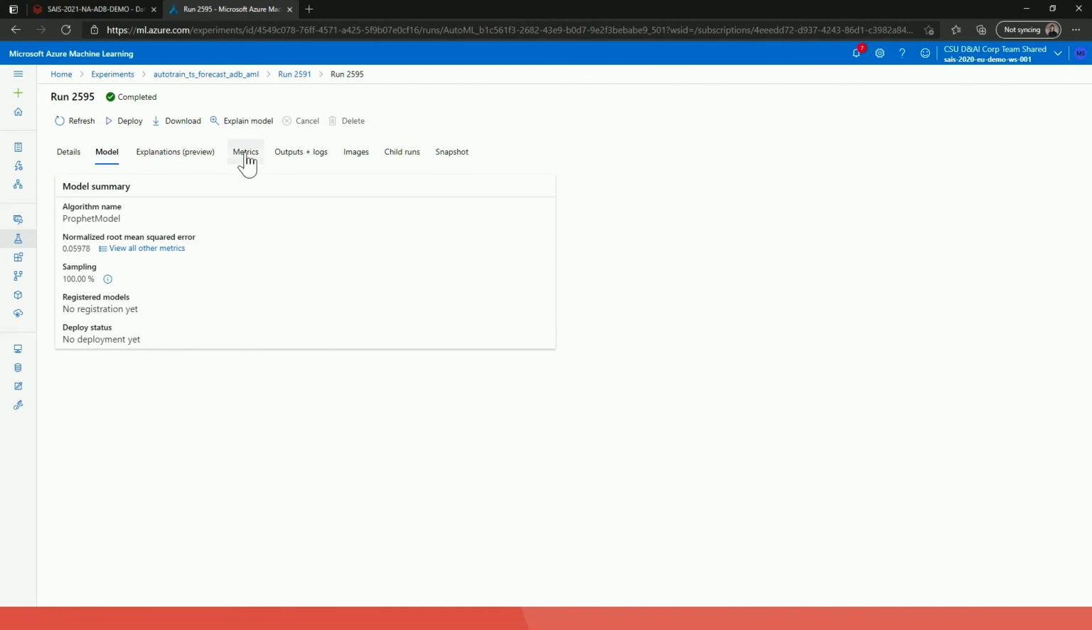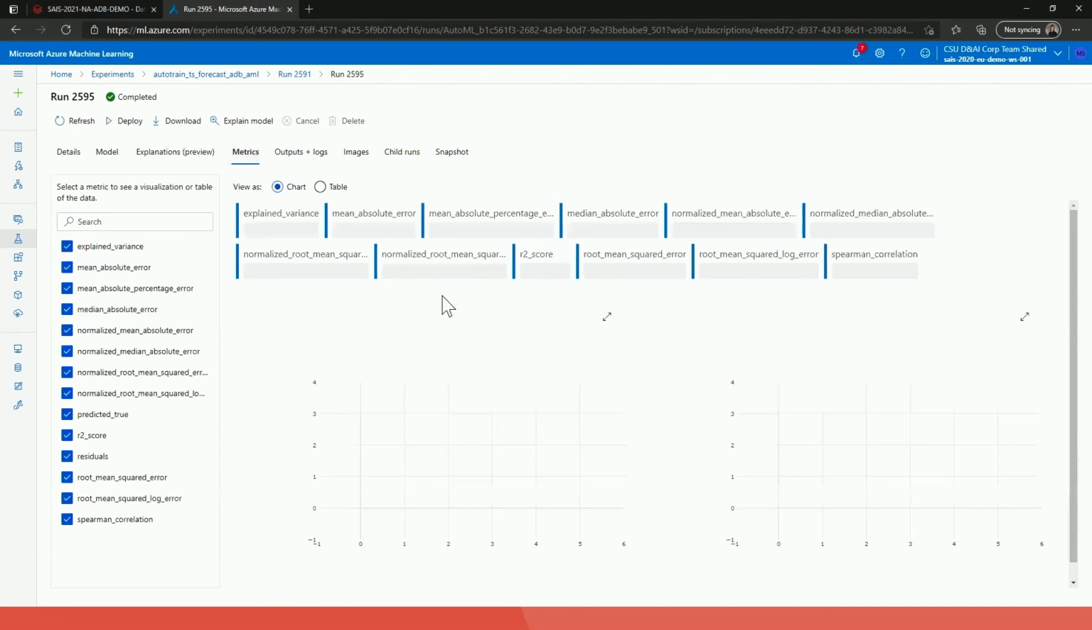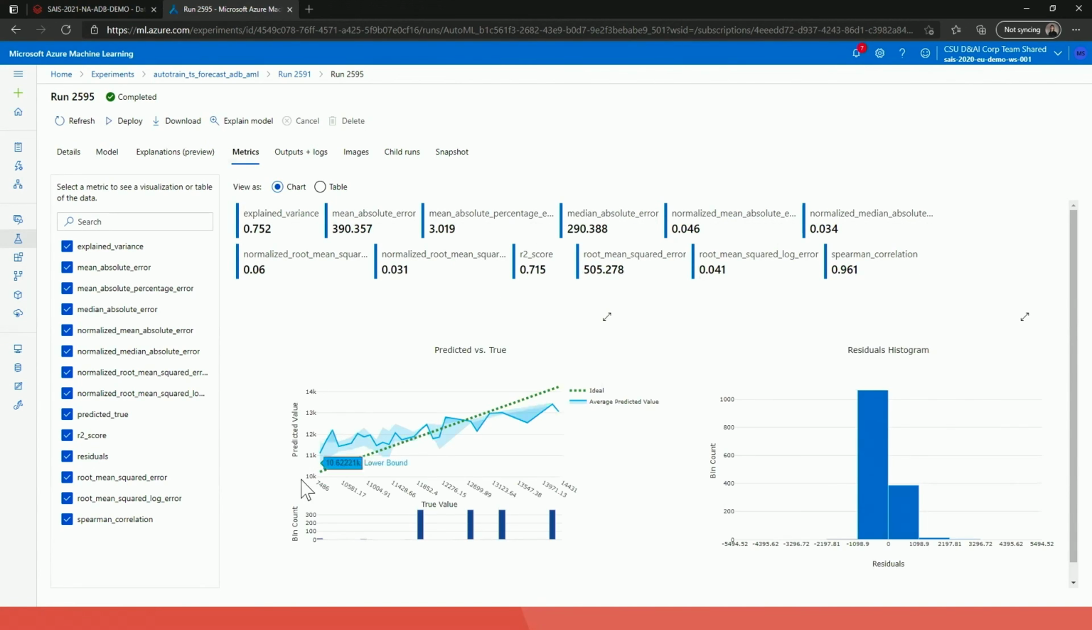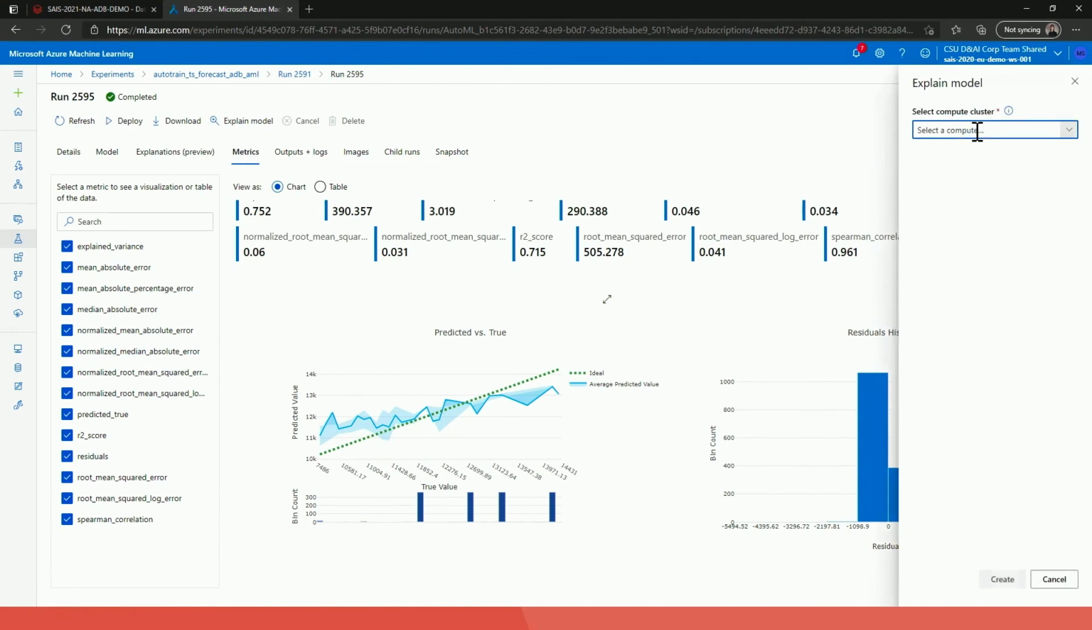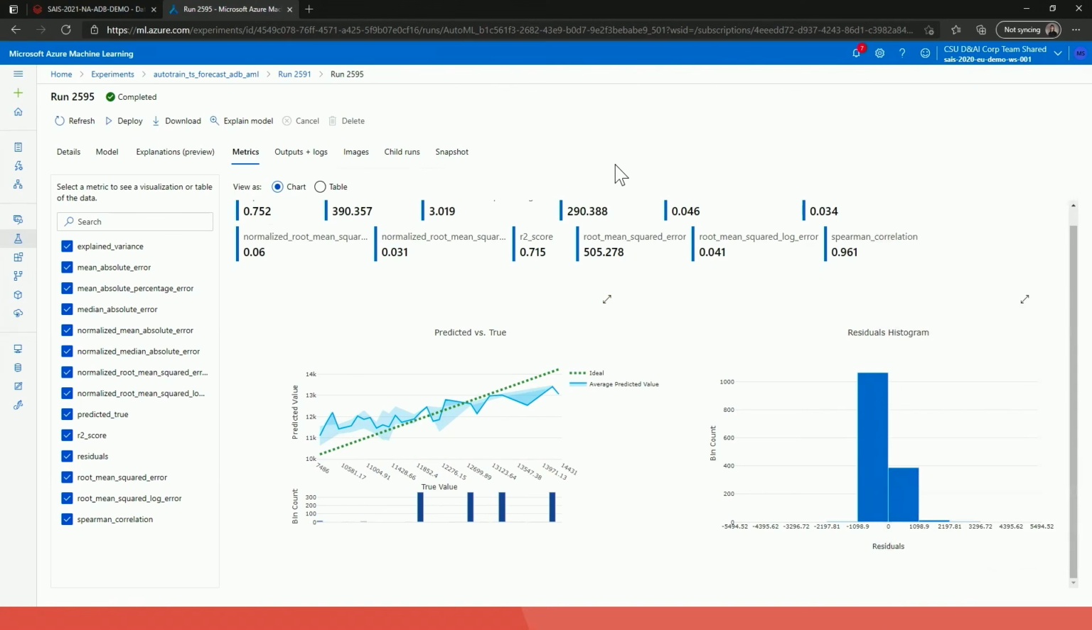You can look into the metrics. This takes a second to load, which gives you model insights, basically your predicted values versus your true values. So this is good for model evaluation, as well as your residual histograms and so forth. So very great. You can enable your model explainability. To build it out, you need to attach, I think, a compute cluster. I haven't done this yet. You can try this out on your own time. Please ping me if you have questions about this. Again, fairly standard